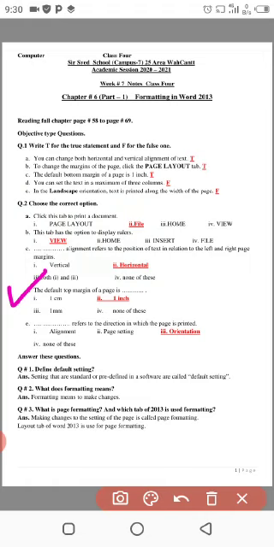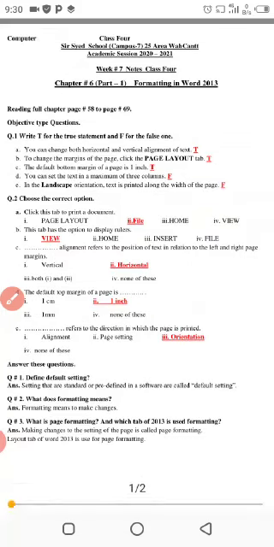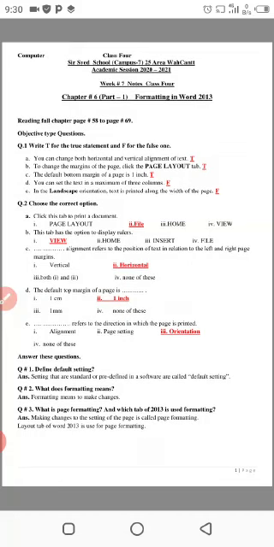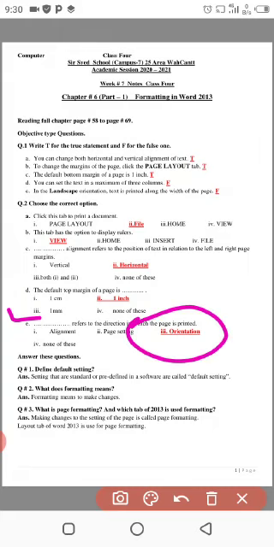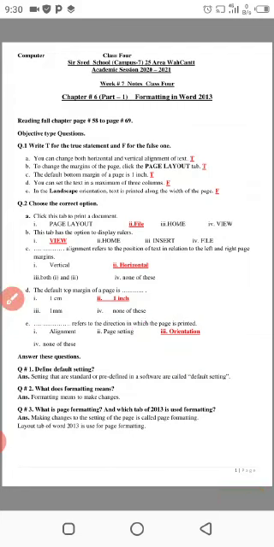The default top margin of a page is 1 inch, as we have already done in the fill in the blanks. Next one is, dash refers to the direction in which the page is printed. Orientation. That's all with the choose options.